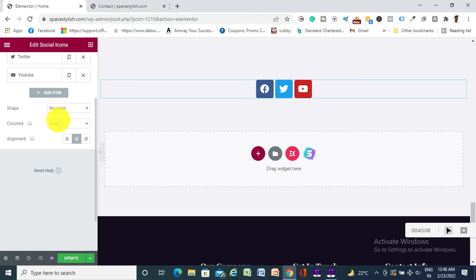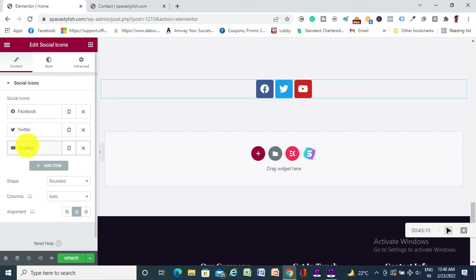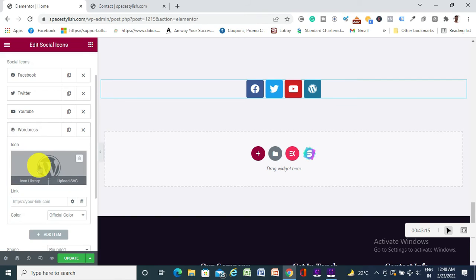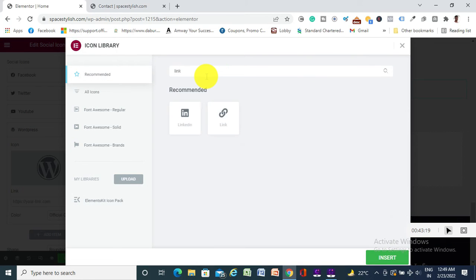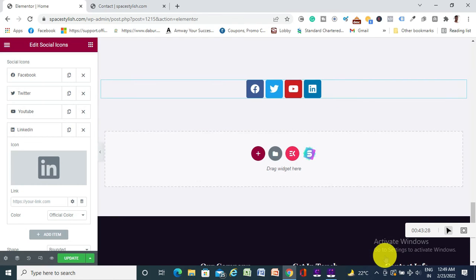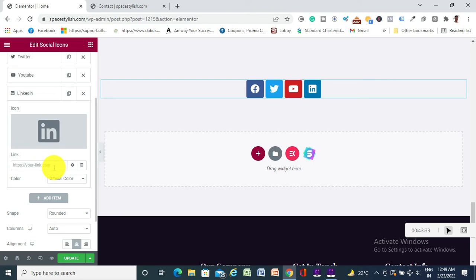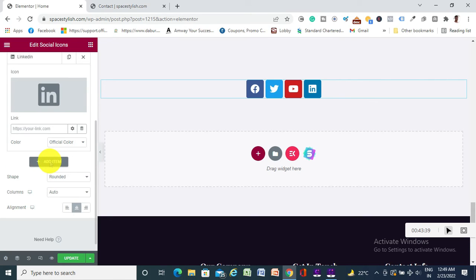So forget Twitter, Facebook, and YouTube is there. So you want to add Instagram and LinkedIn. So go here, go to icon library, write down LinkedIn, take this thing, insert, it is already added. Now you can put the link here, your LinkedIn profile link you can add here, and now you can add